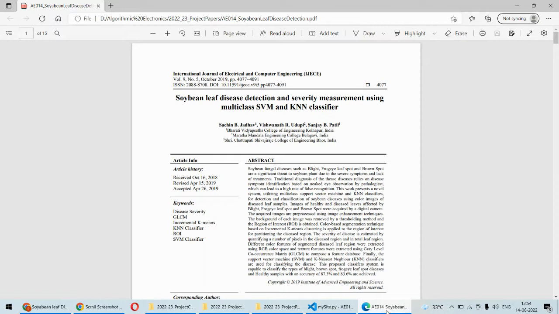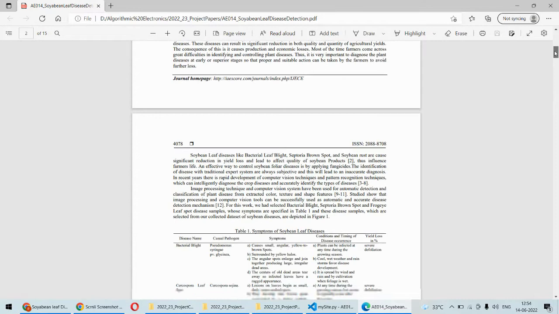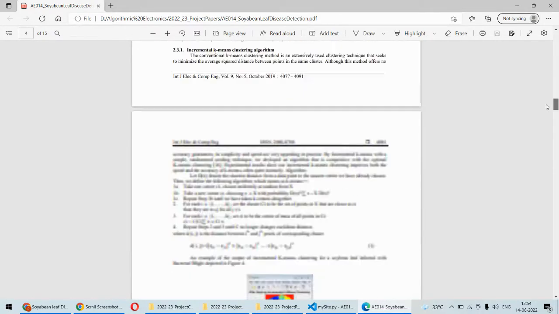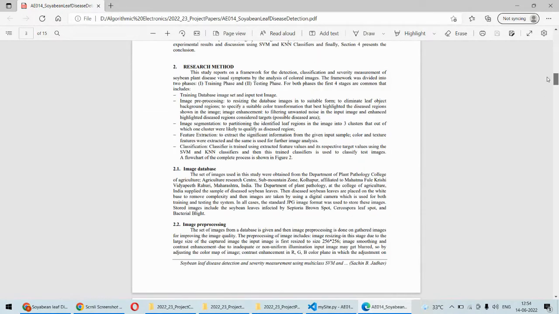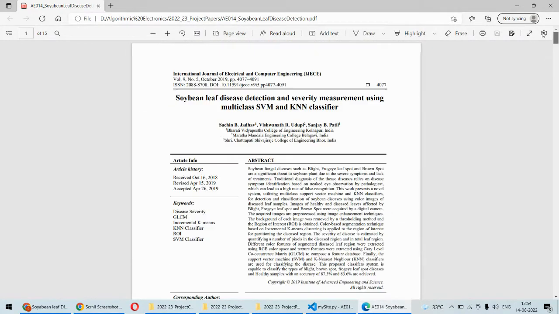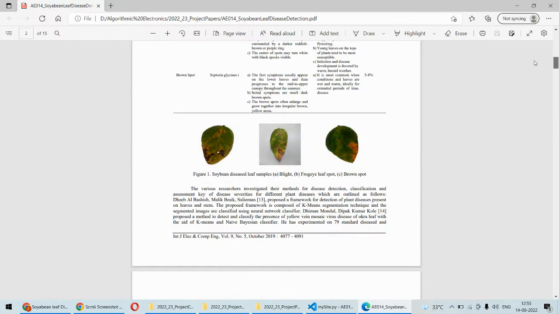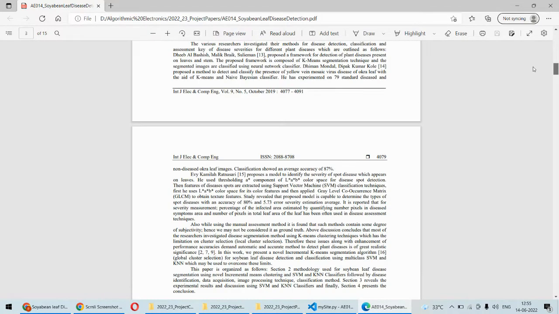So in this video we are going to understand the Python based project, which is soybean leaf disease detection using the machine learning algorithm. This is what the paper suggests, SVM and KNN algorithm. But as the SVM and KNN algorithm has less accuracy for image classification, one improvement we are going to do in this particular paper is that we will be using a deep learning algorithm, which is convolutional neural network in this case. So this paper suggests we can upload the images of the soybean leaf